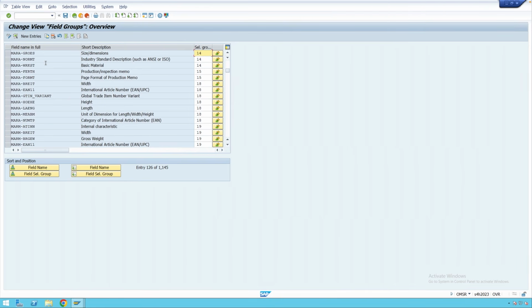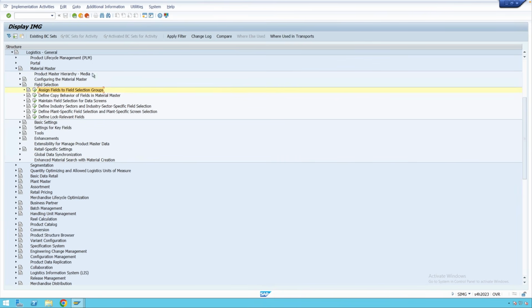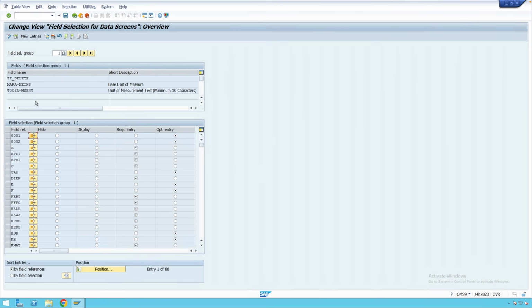Now let's see how we can do the field selection for these field selection groups. To do the field selection, we'll go back and click on this particular link here, that is maintain field selection for data screens. If you go to this link, you can see you have a field selection group here under which these three fields are there. And for this field selection group, you have these four options here, that is hide, display, required entry, and optional entry. All these four we have already discussed, the meaning of these four settings. And all these settings you can do against any of these field